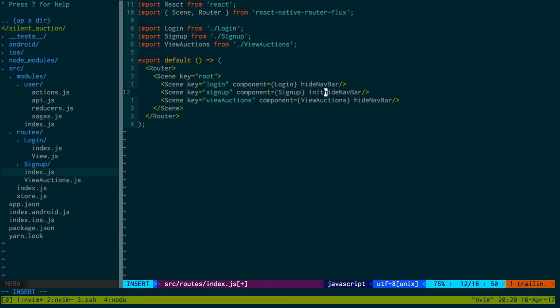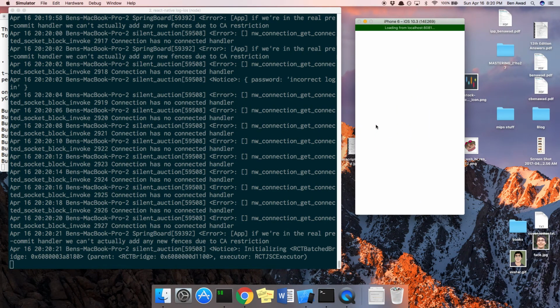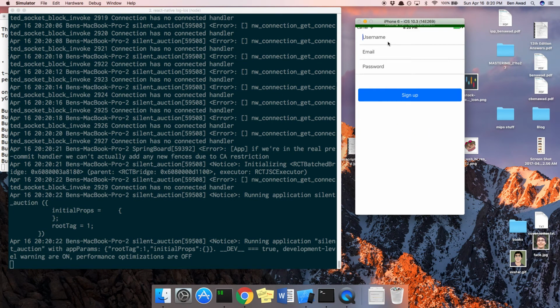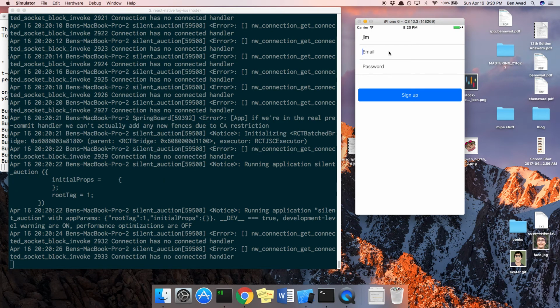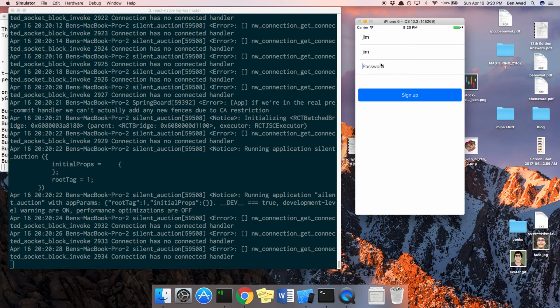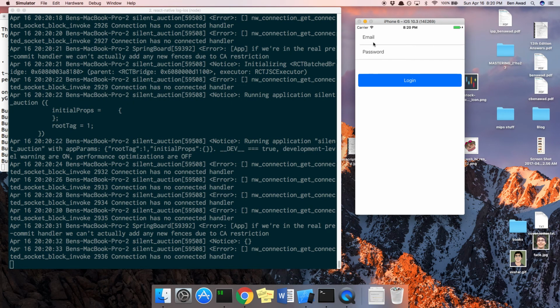So I'm going to create, or make a sign up initial. So now I can create a username. Let's just do gym all the way down. Can sign up, create a gym user,